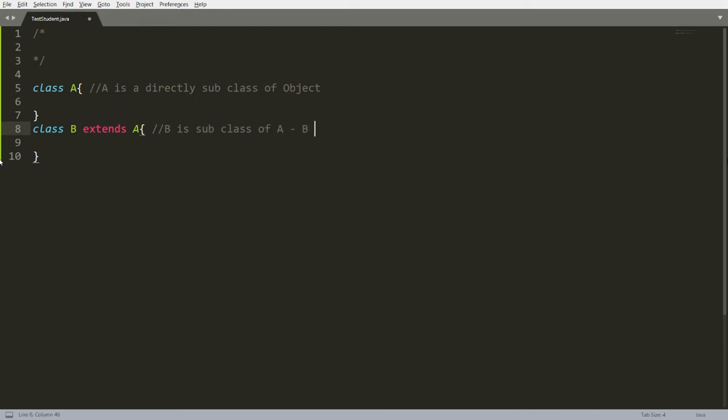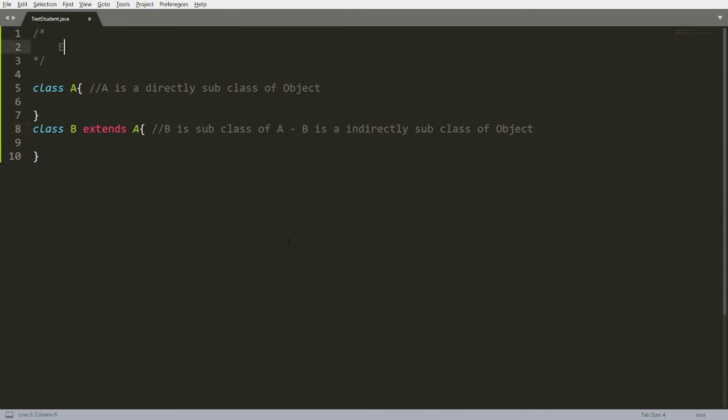We can say that B is an indirect subclass of the Object class. Why? Because B is a child of A and A is a child of Object, so B is indirectly a child of the Object class.